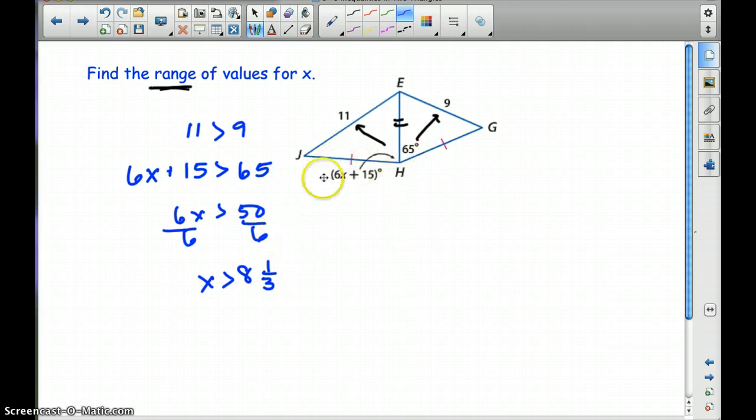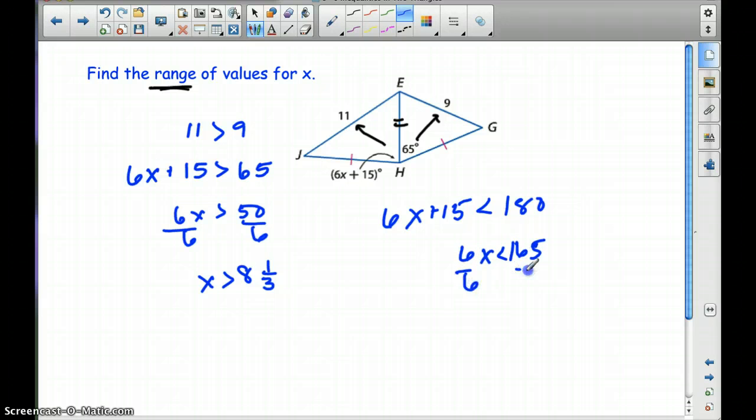Now, is there anything that this angle has to be less than? Yes, it has to be less than 180, because that's what they all add up to. So we know it cannot be greater than 180. When we do that, we're going to have 6x is less than 165. Divide by 6 on both sides, and we're going to get x is less than 27.6. So the range that you could write is 8 1/3 is less than x, which is